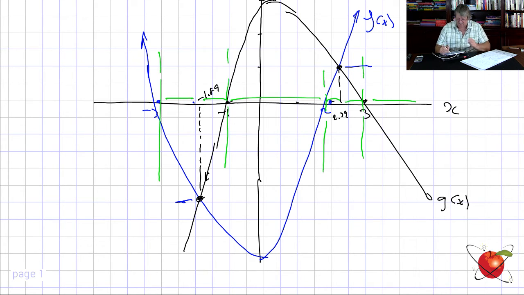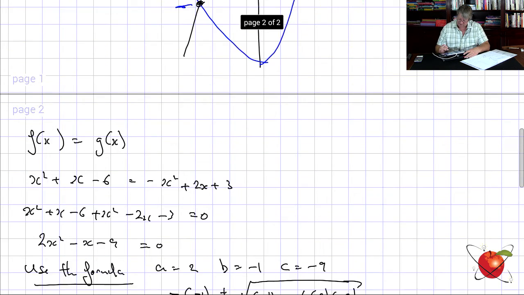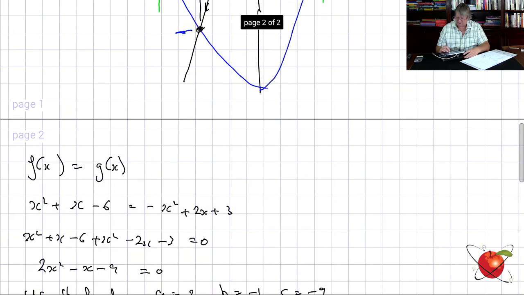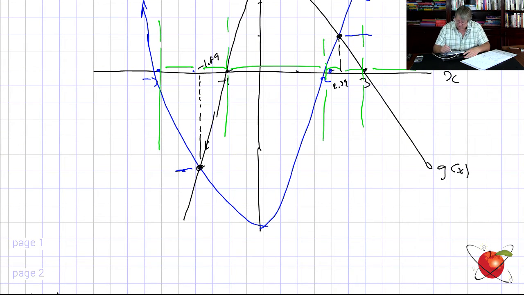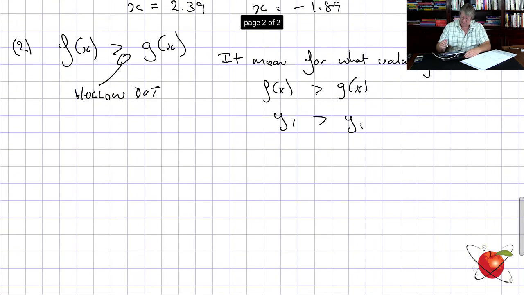Because if I put in an x value bigger than 2.39, let's just have a look here. If I put in a value of, let's say, 2.4, I go up here, and f of x is bigger than g of x. G of x is coming down, f of x is going up. They have crossed there, which means f of x is now bigger than g of x. So therefore what we say is that f of x is bigger where x is greater than 2.39,